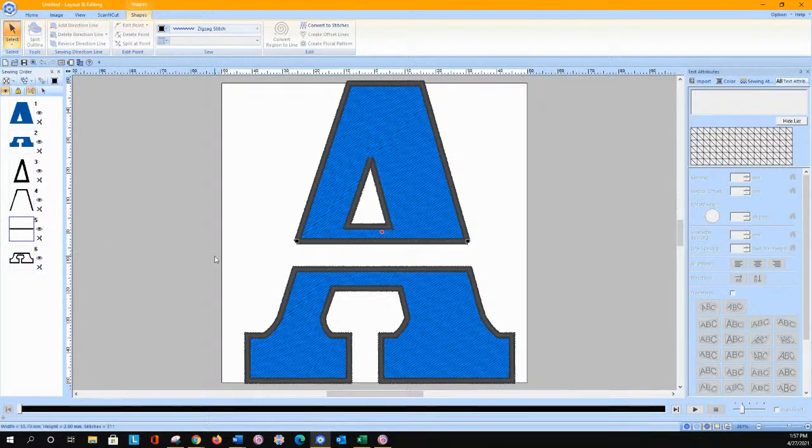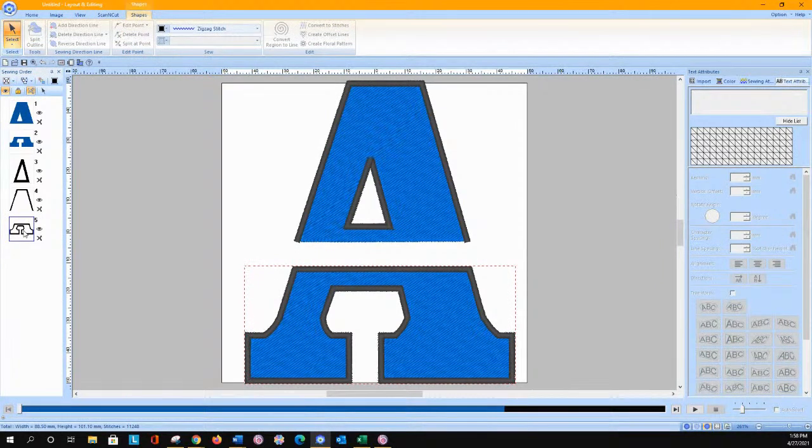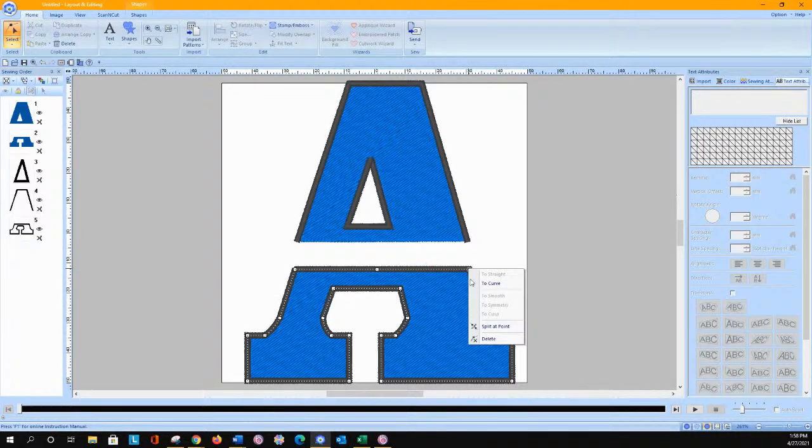See how I've got that line segment there? So now it's only going to go around the upper area. Let's do the same thing for the bottom. We're going to select it, click the select point tool, right mouse click, split at point, right mouse click on the other side, split at point, go to the select tool, select